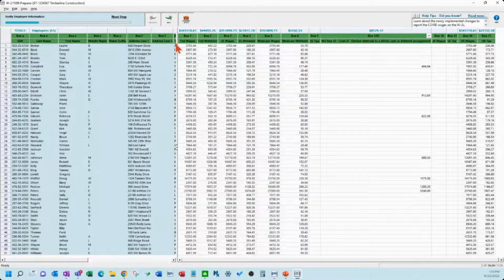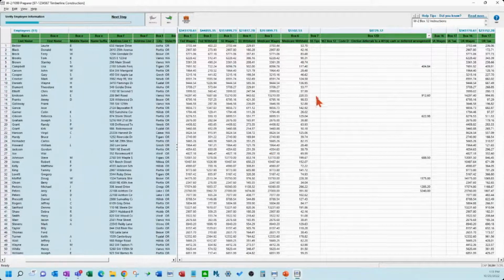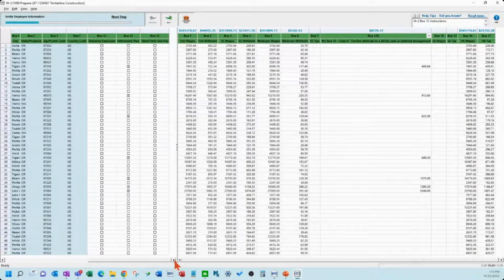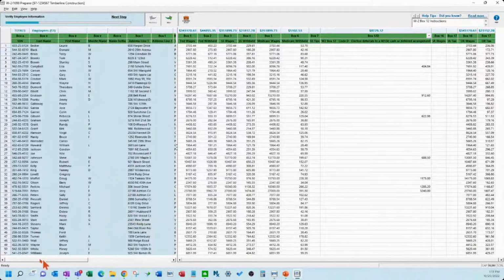What this step is doing, so up here you can see verify employee information. So it's focusing on the blue right here on the left. So even though it's listed out all these other boxes here to the right of this bar, it's focusing and wanting you to review the left part here.